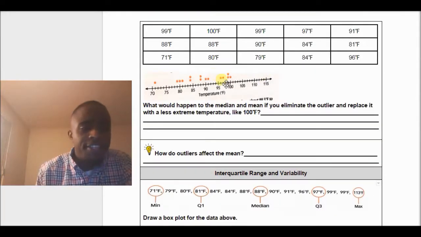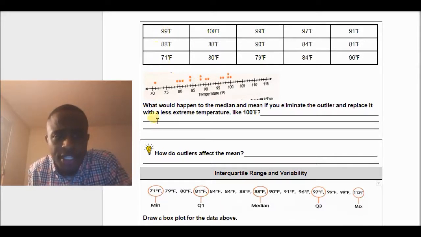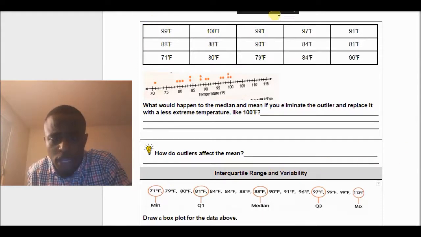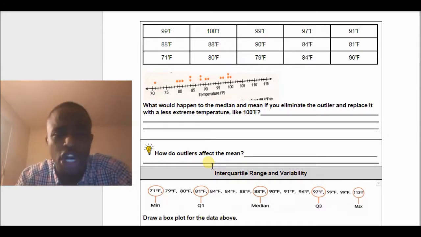All right, this next section you're going to complete independently. I'll kind of talk to you about it. It says the next question asks what would happen to the median and mean if you eliminate the outlier. So we took out that 113 and replaced it with a less extreme temperature like